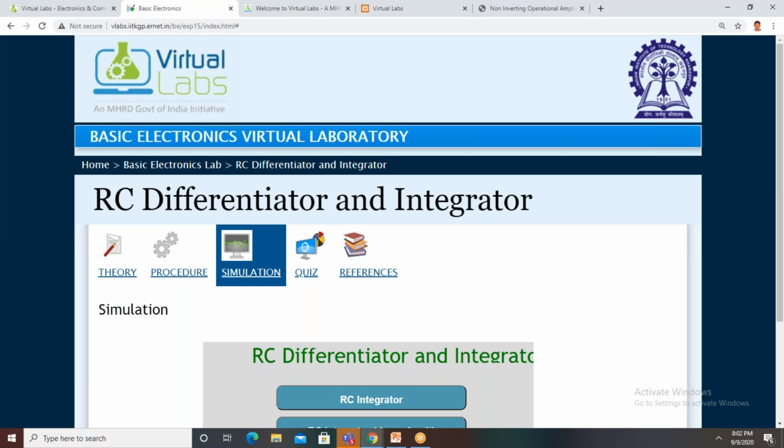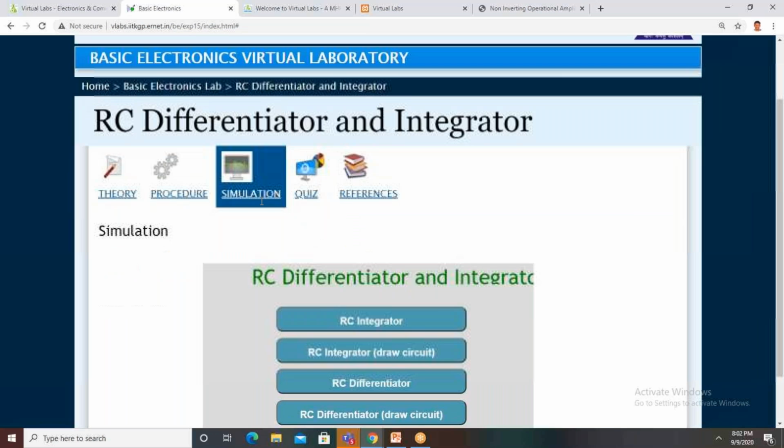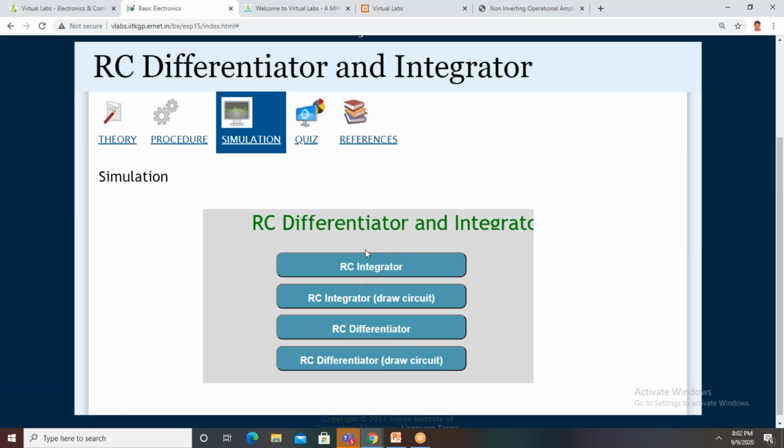So in your pulse and digital circuits, you have linear and non-linear applications. So we will see the integrator circuit, RC integrator. Here the circuit is readily available, and we have to make the connections here, draw the circuit diagram and differentiator. Okay, we will take RC integrator directly. So circuits are available here.